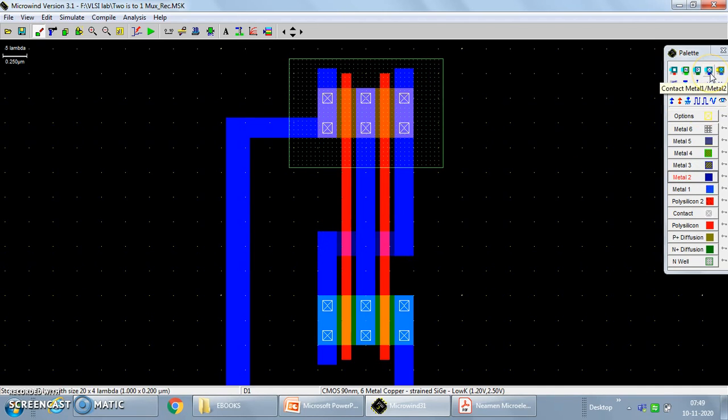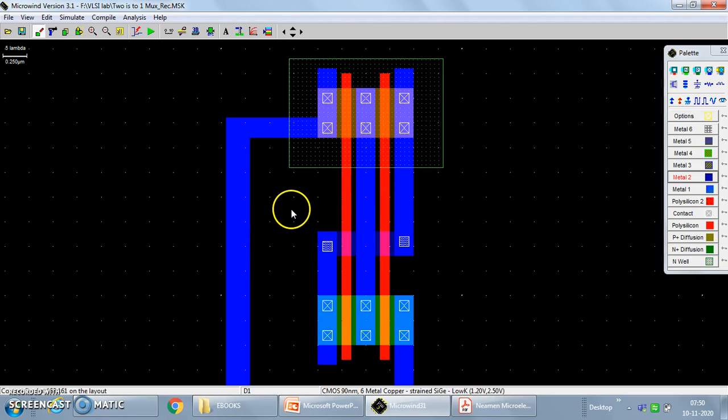Fine. See, these are the metallic contacts. So metal 1 to metal 2 contact. So this is metal 2, metal 1, metal 2 contact. I will make this connection. Similarly, metal 1 and metal 2, because this one is metal 1 and this is metal 2. So we have avoided the direct connectivity, because the drain is not connected to these terminals, nor to the source of these NMOS transistors. We have used metal 2 and for connectivity the contact is done. Now this is what we have to provide.